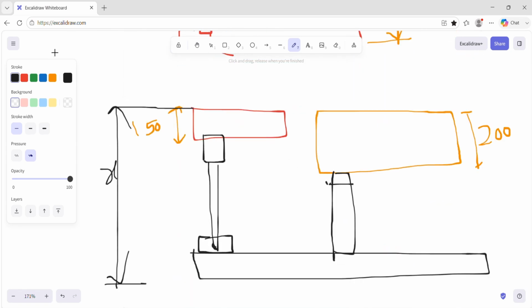Consider that this hole and this hole are the same. When this part is loaded over here, we will have interference. This pin will try to interfere with the bottom face of the second part.